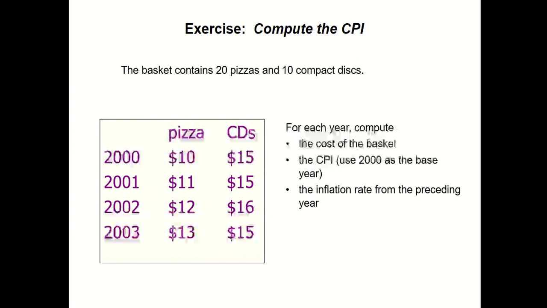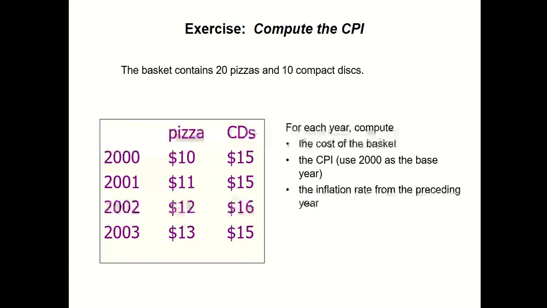So 10 multiplied by 20, that is 200. And then there are 10 CDs in the basket, and the cost of one CD is $15. So we have to multiply 15 by 10. So we get 150. So 200 plus 150, we get $350. So the cost of basket for year 2000 is